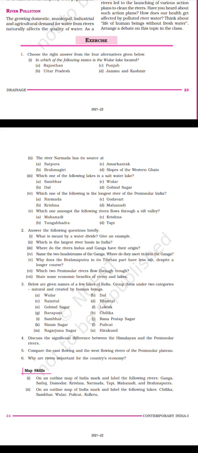Answer the following questions briefly. What is meant by a water divide? Give an example. Which is the largest river basin in India? Where do the rivers Indus and Ganga have their origin? Name the two headstreams of the Ganga. Where do they meet to form the Ganga? Why does the Brahmaputra in its Tibetan part have less silt despite its longer course? Which two peninsular rivers flow through